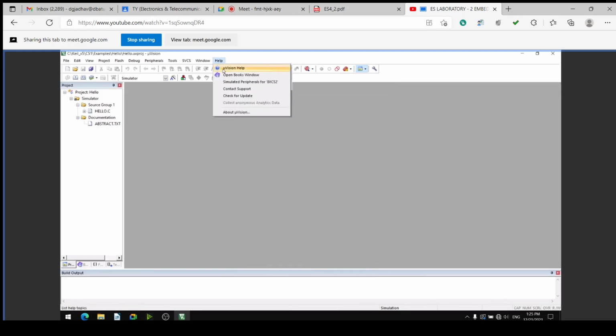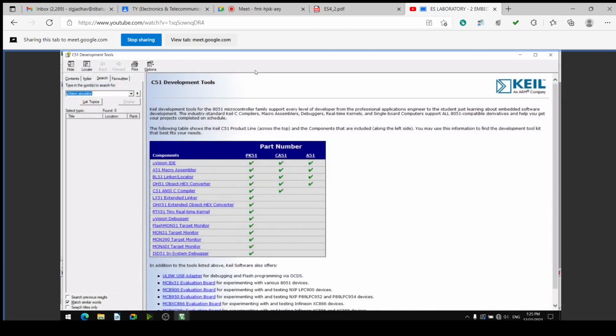In help, the important one is Microvision help. So I will click this Microvision help and it will open the help menu.